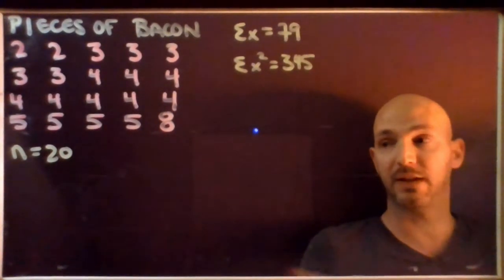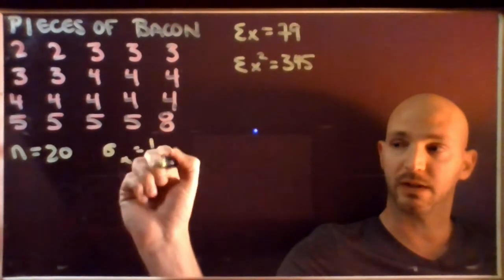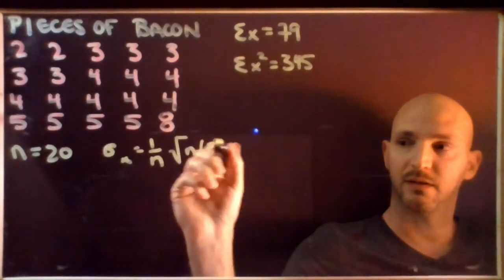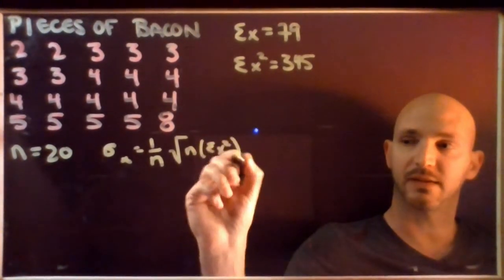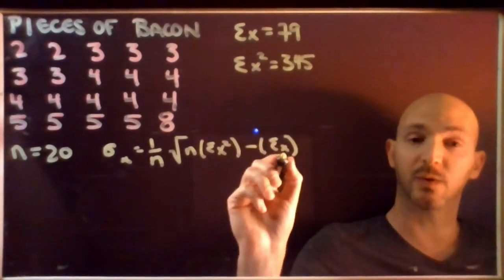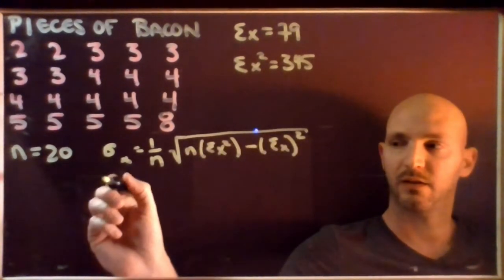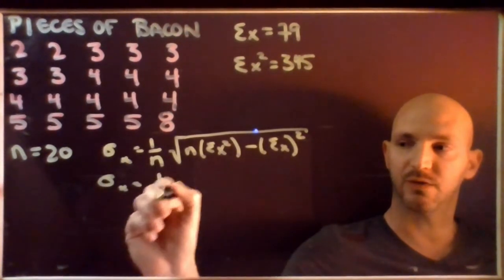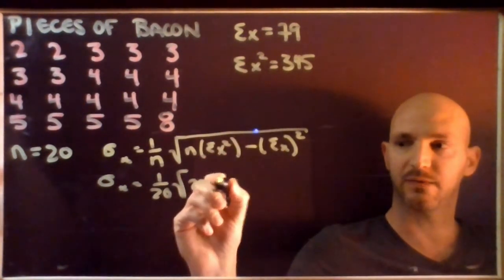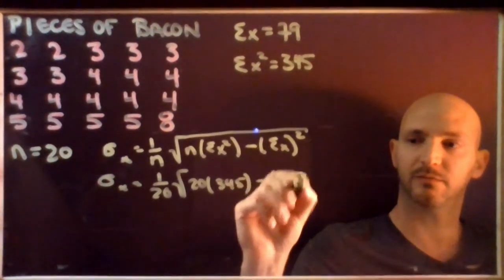So that standard deviation formula was sigma x is 1 over the number of data points, square root n, times the sum of the data points after they've been squared minus the sum of the data points before they've been squared, then squared, like so. So my standard deviation will be 1 over 20 times the sum of x squared, which is 345, minus 79 squared,